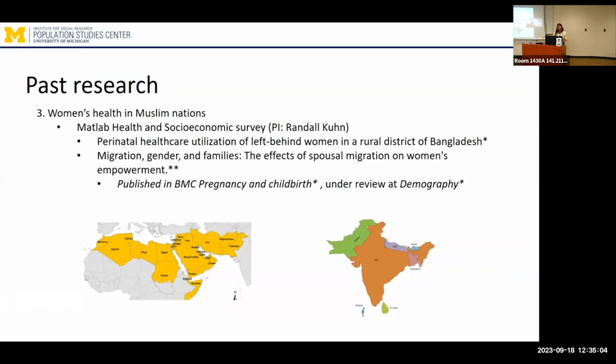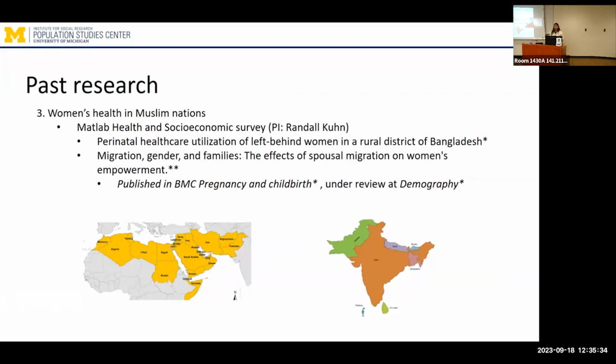He really guided me in developing the study on understanding the plights of left behind women within this migration context in global area. So this is within the context of Bangladesh, where migration is very common and leaving families behind is actually quite common. So I was really interested in understanding in an area where maternal and child health is such an important